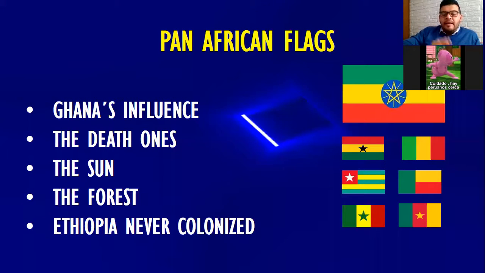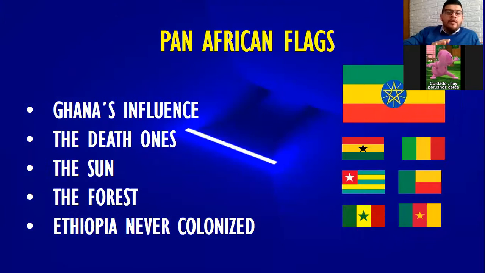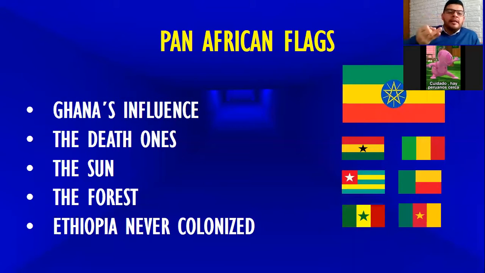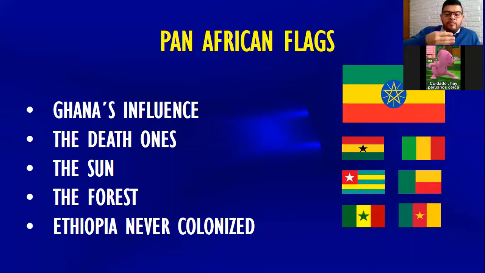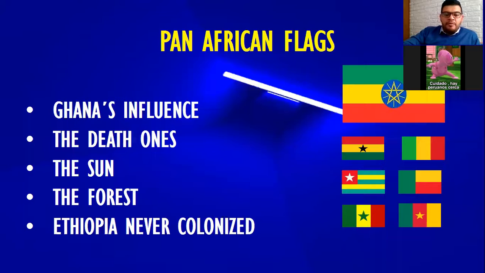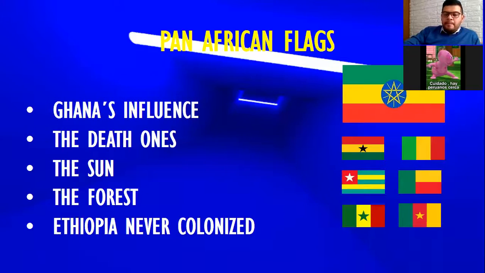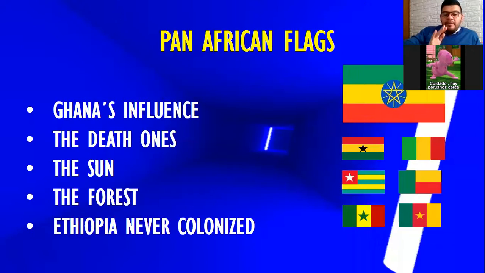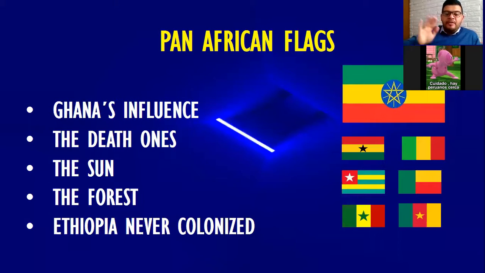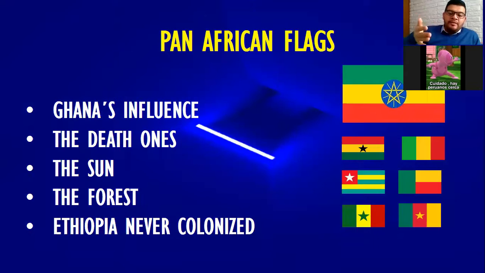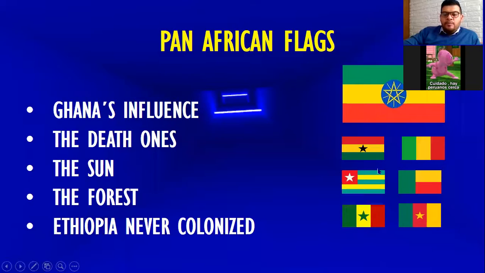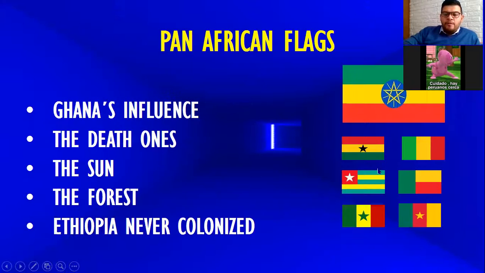Besides that, the rest of the countries in the African continent were colonized either by France or by Italy or by England, even by Spain and some other countries that colonized Africa when they realized that it was very rich in gold and some other materials. But Ethiopia remained independent since it has been created. And that is the influence for the other countries. When they saw Ghana, whose flag is this, Ghana decided to adopt these colors in honor of Ethiopia.